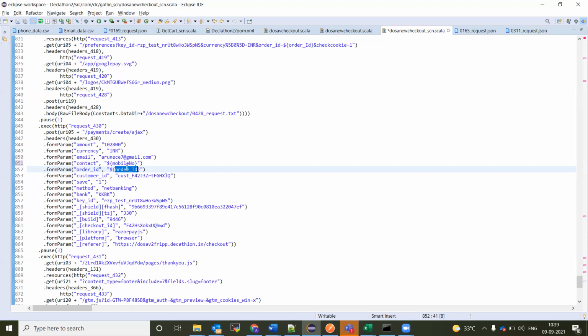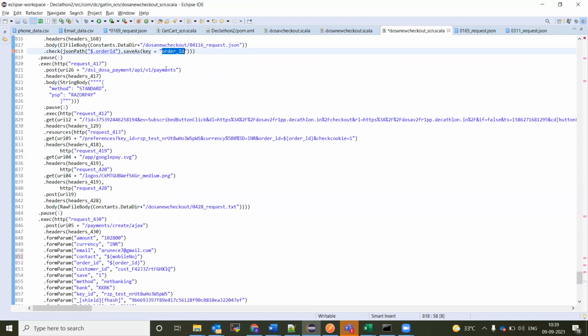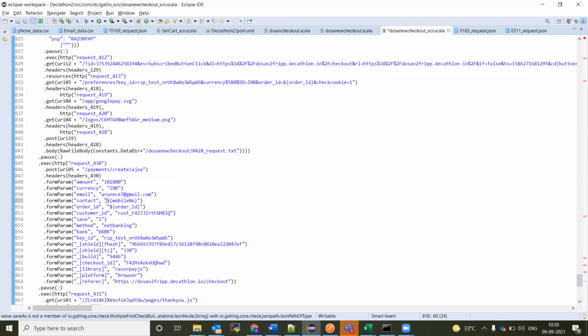See, if you mention like this in the form param, that means it will only refer to the CSV feeder. No. It means, see, I am taking order ID from the previous response only, not from the feeder. Okay, yeah, you should have something like check. If you have it declared, you can use the same. If you have it as a key, you can take it from here, or it will take it from the feeder. Yeah, but both are same. So basically, you need to have you should.